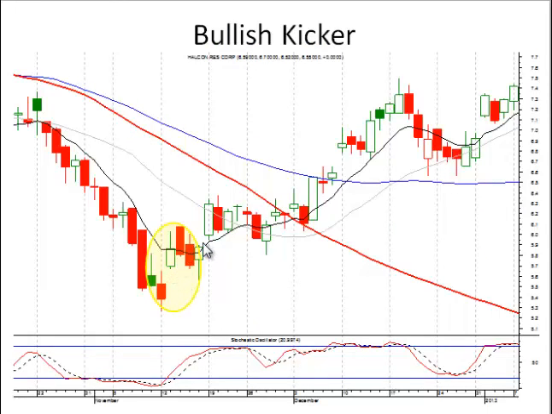Anytime you see a kicker signal set up, you want to be a buyer. The probabilities are greatly in your favor, and that's basically all the Japanese rice traders have provided for us, is graphic depictions of investor sentiment that shows when there's a drastic change of investor sentiment and that we want to be going in the opposite direction of the previous trend.